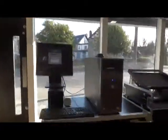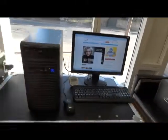So it's unplugged there. This one's still running, and this one's finally at the login screen. So I'll just put a name and password in. So the Dell's actually a file server we've just taken out of a customer to replace it with one of the low wattage solar ready servers. So we're taking this one out and putting this one in. Yeah, that machine's still running. This one's logged on,